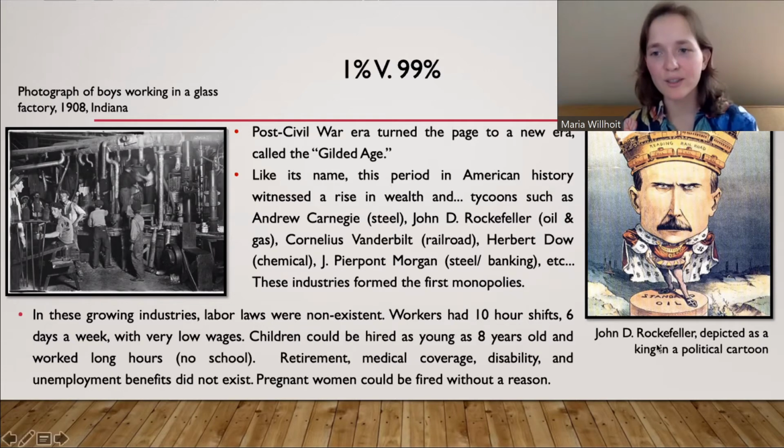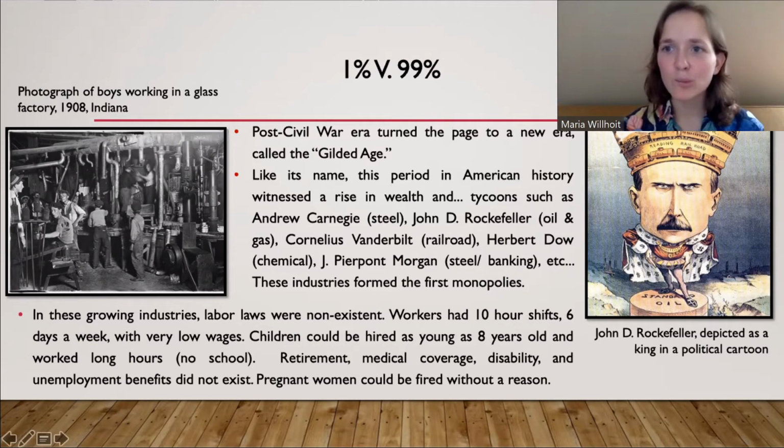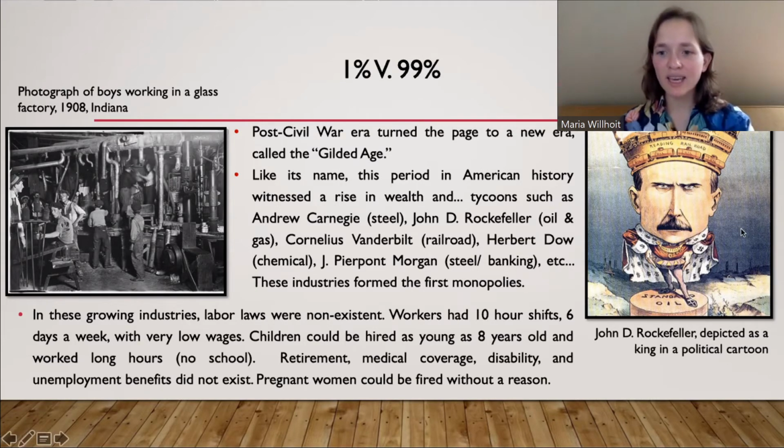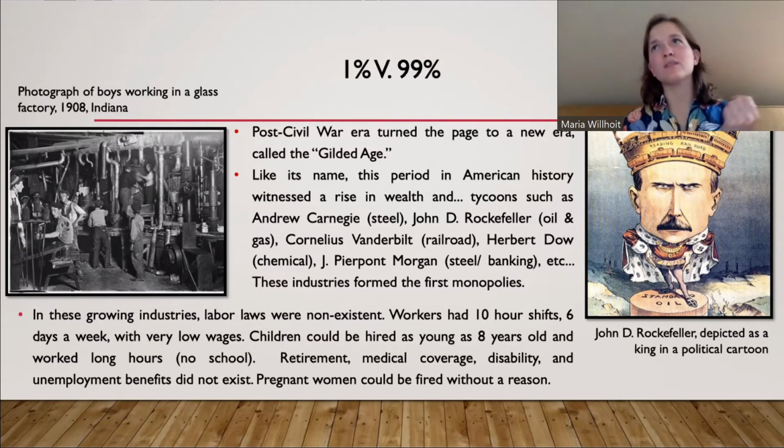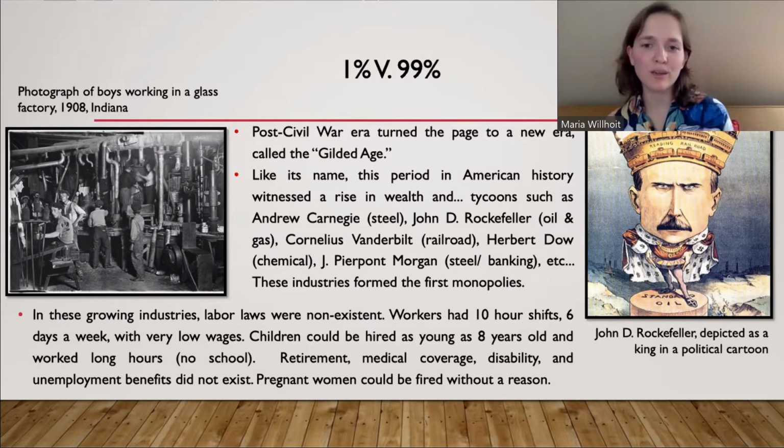And in fact, here is Rockefeller. He's depicted in a political cartoon, and he's wearing a crown with the money symbol on top. And he's kind of the king now, you know? He owns Standard Oil. And eventually, Rockefeller is a very good example, and a very popular example of monopoly,